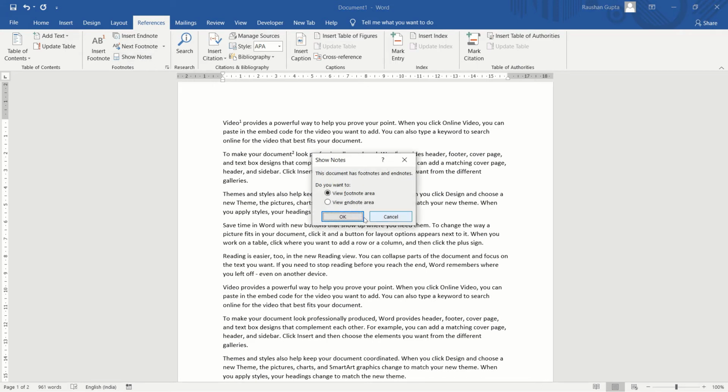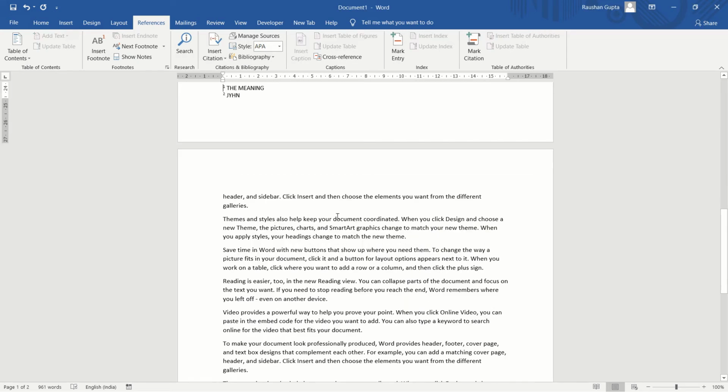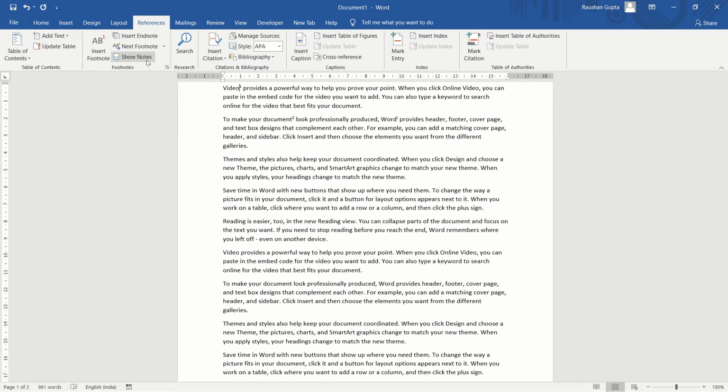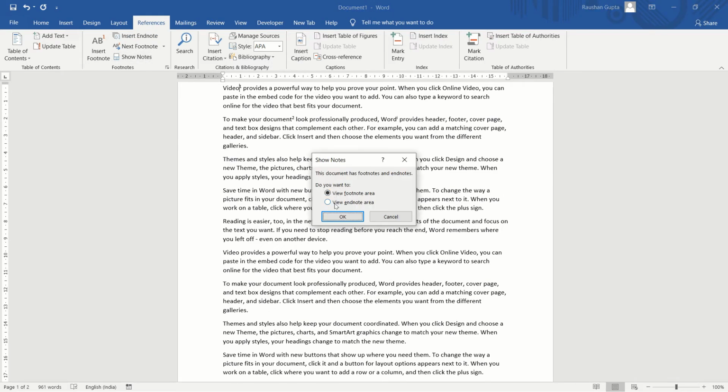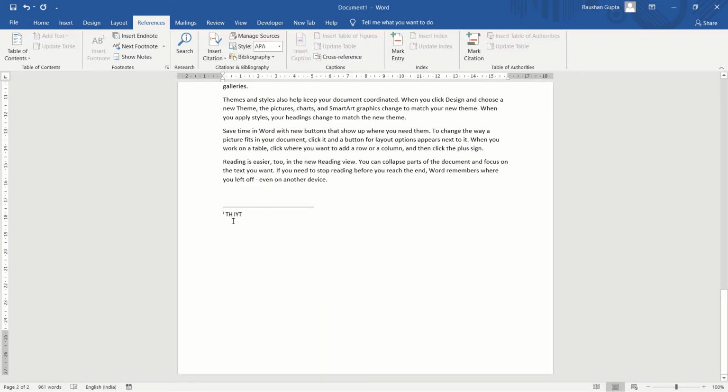For example, if you click here, then there will be an option to view the footnote area or endnote area. Wherever you want to go, just select it and click OK. It will directly move to that footnote. Same way you can go to endnote also. For example, you click on show notes, click endnote area and just click OK. You will be directly moved to the endnote area.